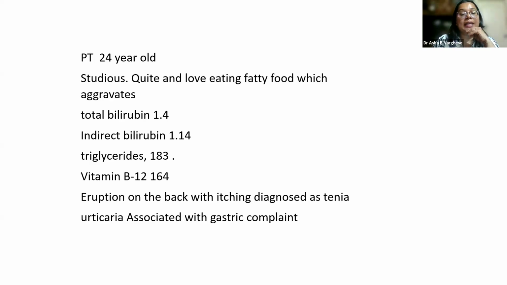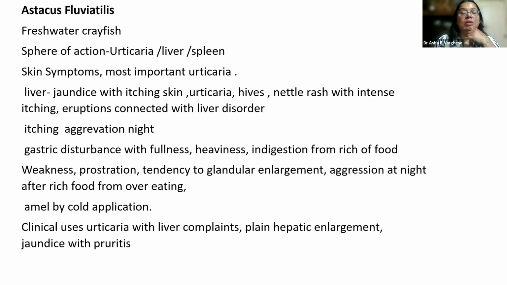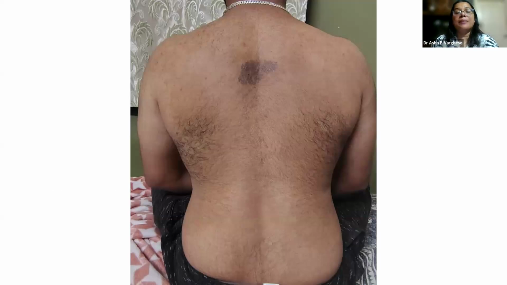And he has urticarial eruptions associated with gastric complaints. So now recently is when we have started the new medicine. The medicine given was Astac flu. This is the new picture, a little more of the patch is remaining. He recently went and had some alcohol, beer or something, after which he came and told me that it is slightly aggravating again. So slight eruptions, it was almost a little less than that. Slightly it went up, but it remained here. It did not spread further.